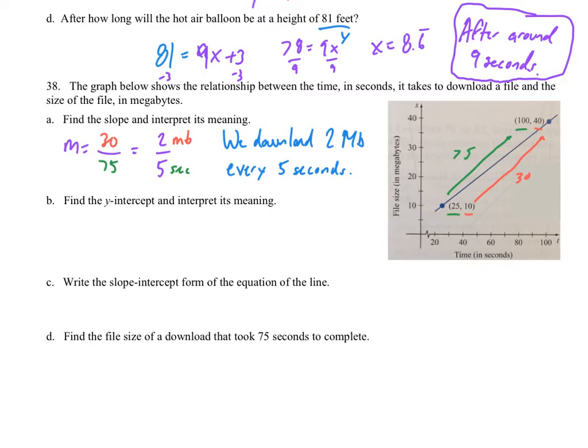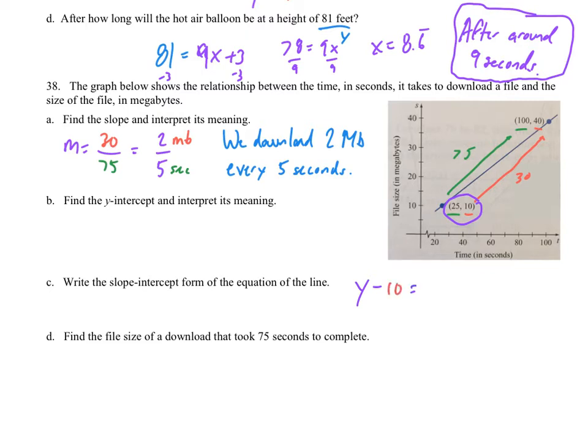Alright, and the y-intercept. So we have the graph here, but if we notice, the graph has a break in it, in the x-axis. So just trying to extend the line down is not going to be okay because of this break. So I can't really do that. I'm going to have to go ahead and do the point slope form. So y minus, and I pick one of my y values, so I'll just use this point. So y minus 10